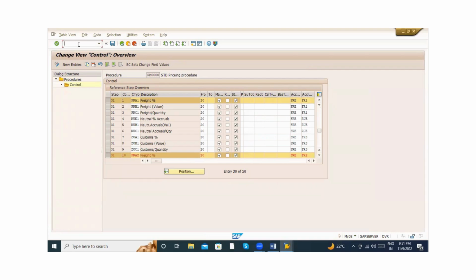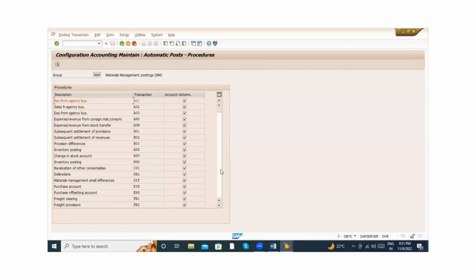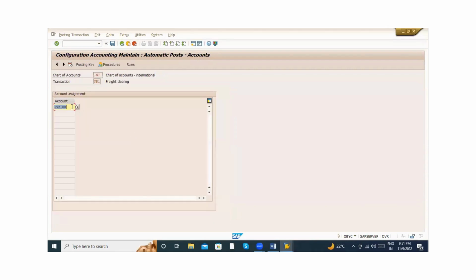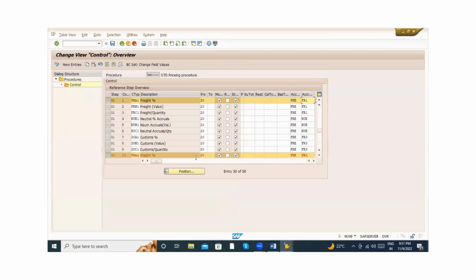Okay, so if you go to OBYC, if I just go to FR1, whatever FR1 here maintained, the freight clearing account, GL account, this value is posted to that GL account. And it will be added into our